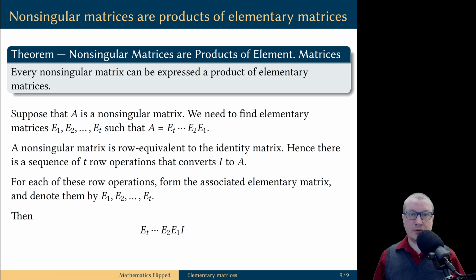What will we get in the end? Well, this sequence of row operations transforms the identity matrix into the matrix A. But then, by the property of the identity matrix, it simply disappears from the product, and we have exactly what we wanted. We have expressed the matrix A as a product of elementary matrices. So, elementary matrices are small building blocks that can be used to produce all non-singular matrices. Think of an analogy with positive integers. Every positive integer greater than 1 can be expressed as a product of prime numbers.